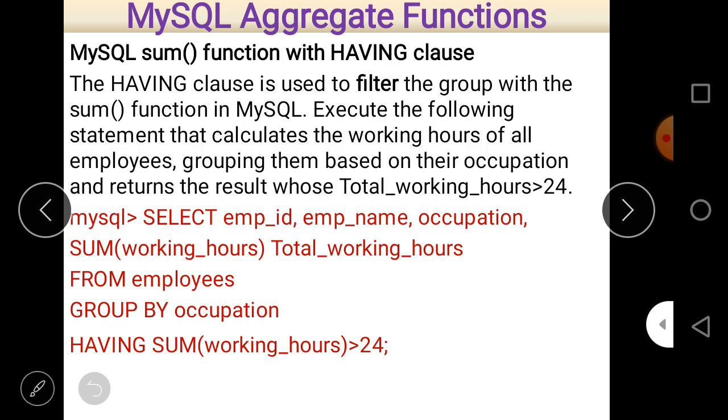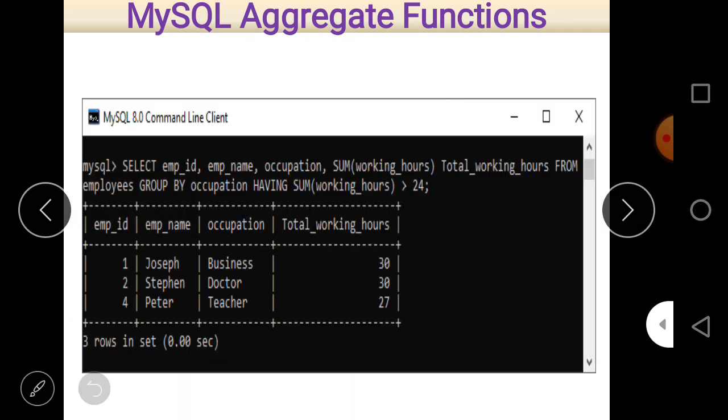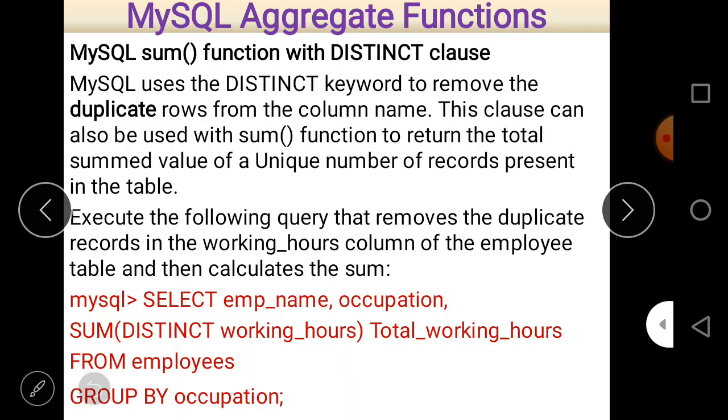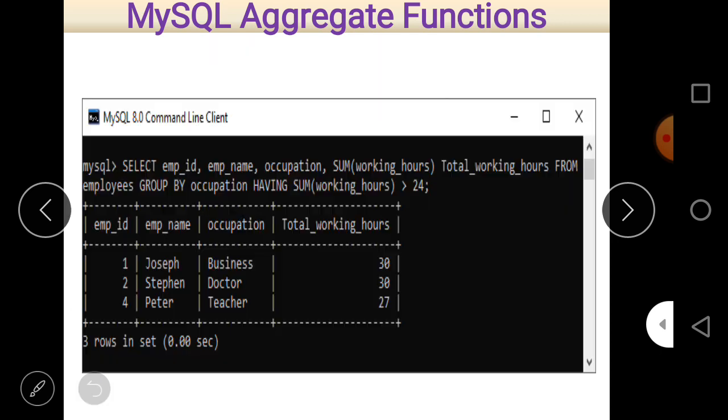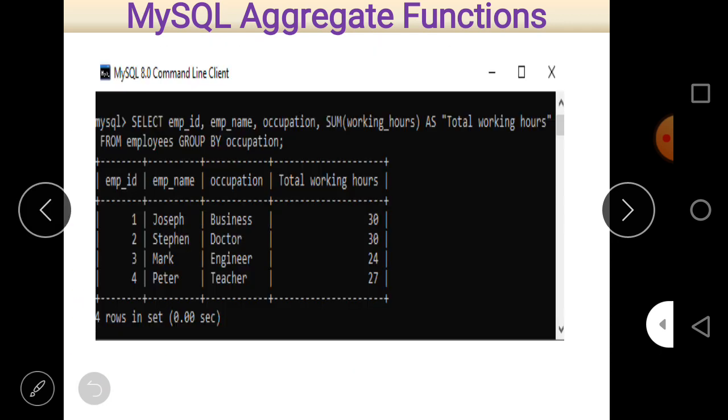These are the four records which we found here, but after putting HAVING SUM(working hours) >= 24, this row number three will not be a part of your answer.